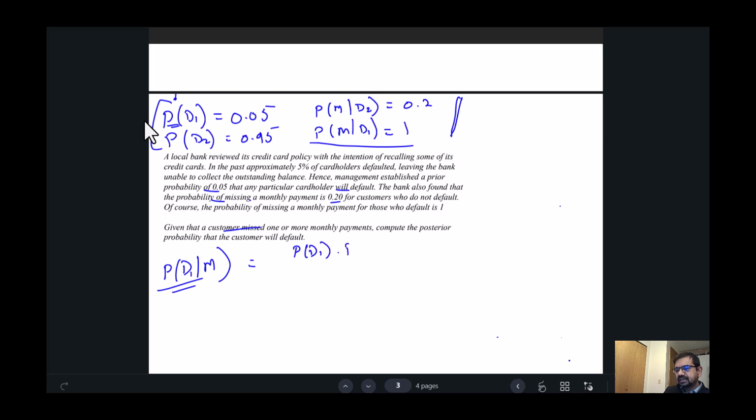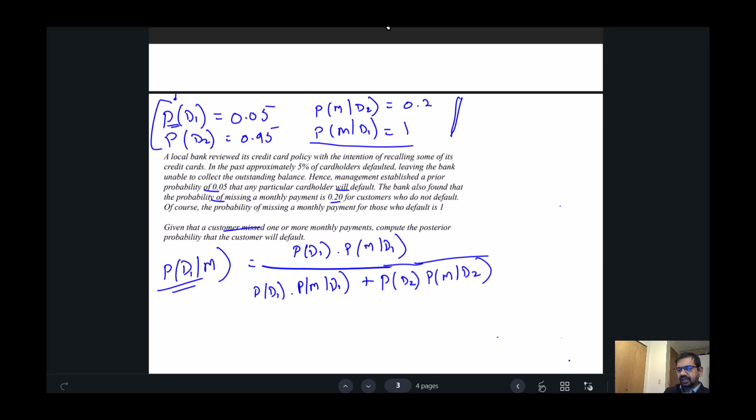So P(D1) times P(M|D1), divided by the same term, P(D1) times P(M|D1), plus a person who has not defaulted but missed the payment nonetheless. And now we can put in the values here. We know our prior probability of default was 0.05 or 5%. And then the probability of missing a payment for somebody who defaults, that is 1. And then we have 0.05 times 1 plus 0.95 times 0.2. And this gives us